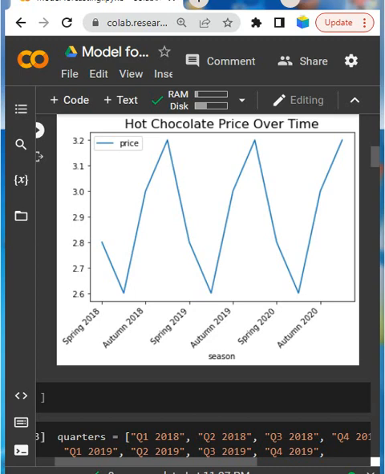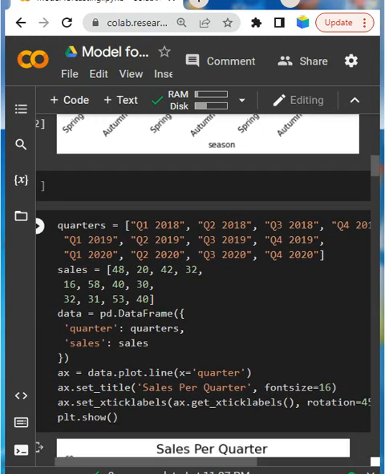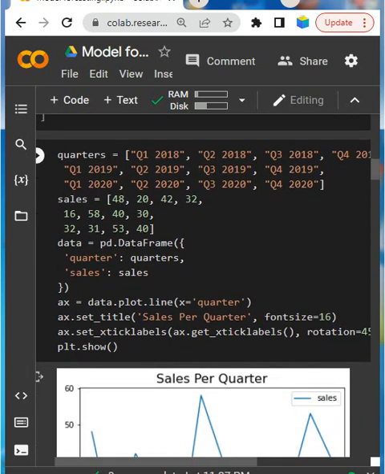To understand the case here, you have some quarterly results, quarter 1, quarter 2, and sales has been given. The data you can easily frame like a pd.DataFrame, with quarters as quarter, and sales as sales. Now ax equals data.plot.line with x equal to quarter, and ax.set_title mentions the title, and the font size depends on you.